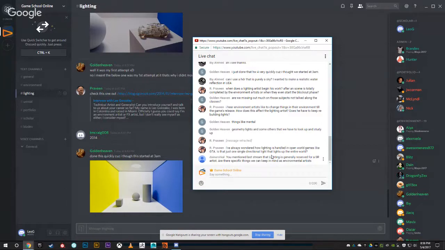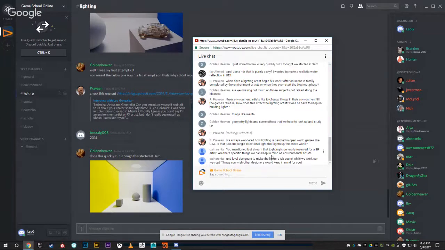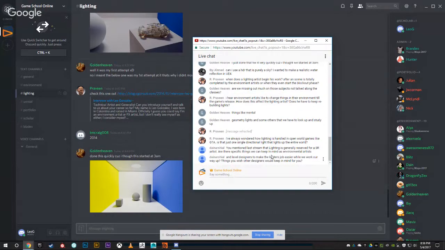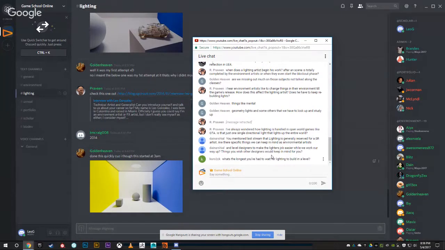I've always wondered how lighting is handled in open world games like GTA. Is that just one single directional light that lights up the entire world? I actually haven't worked on Grand Theft Auto myself. I've never used their engine. I have not worked at Rockstar, so I really don't know their tech. My guess is as good as yours as to what kind of tech they're using to get all of